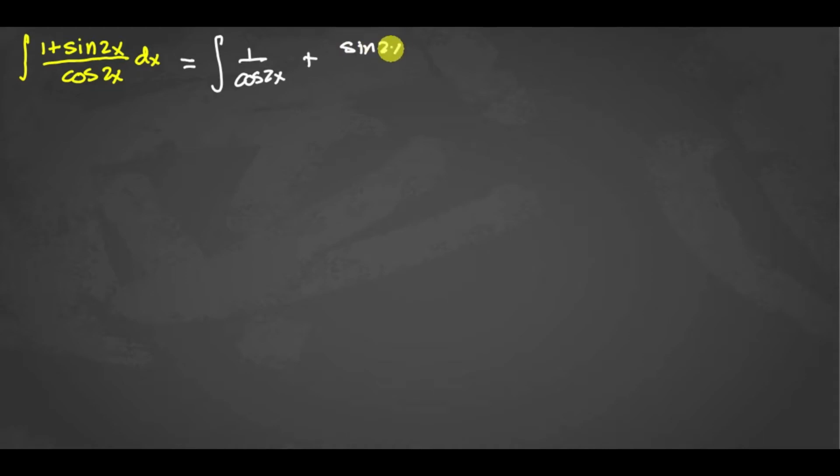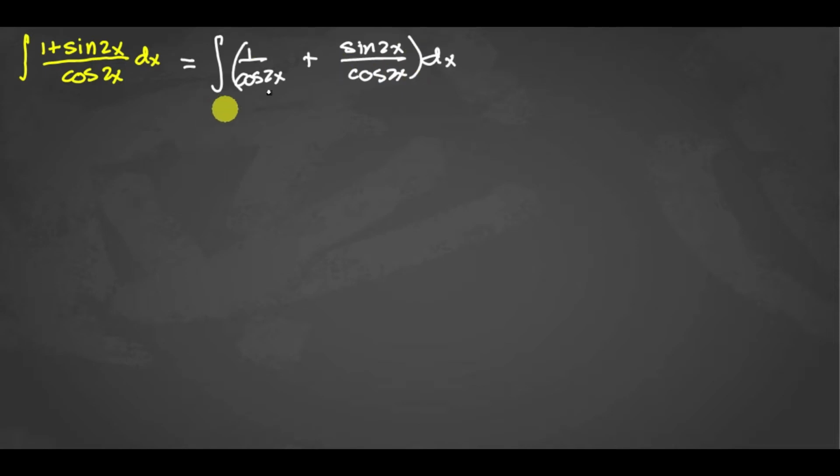Now let's take a look at this example. You can pause this video and try to answer the question. The process of evaluating this integral is to rewrite our function into its equivalent form, that is, the integral of (1 plus sine 2x) all over cosine 2x